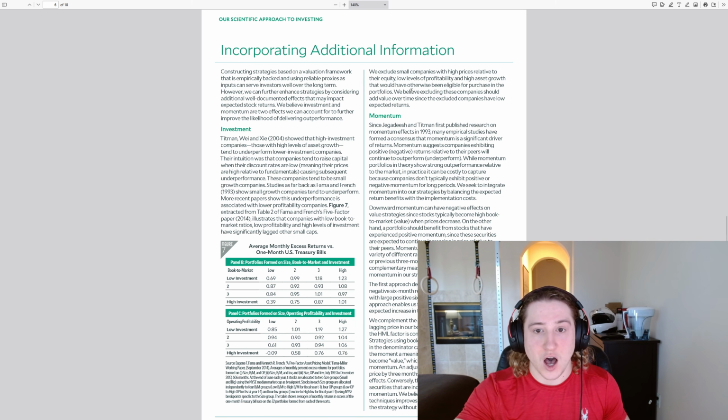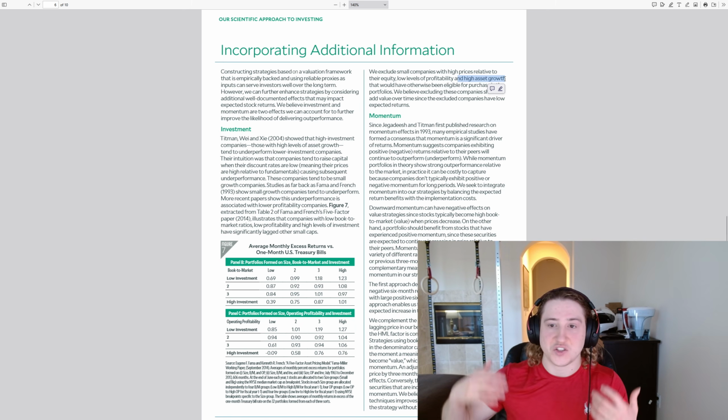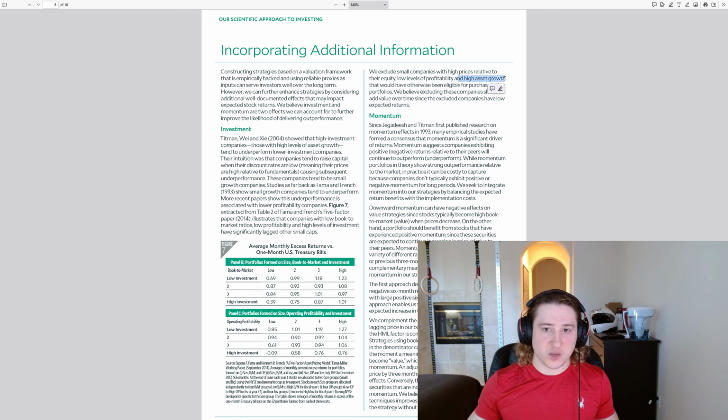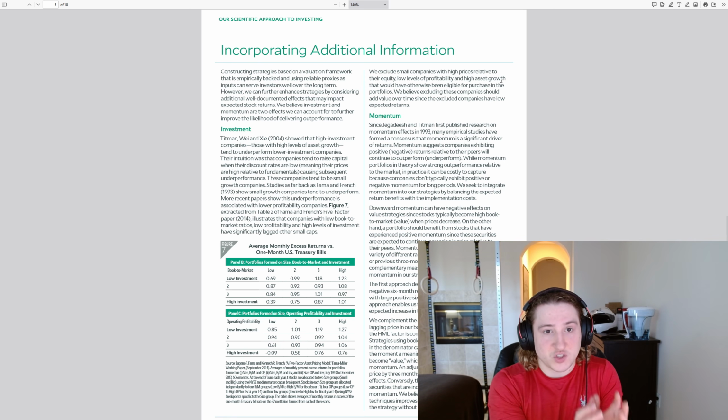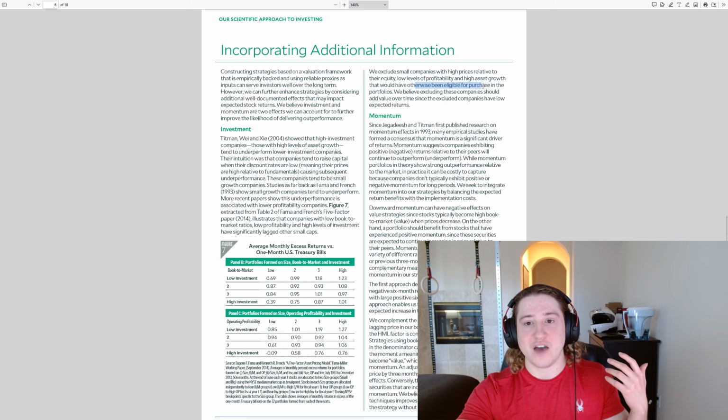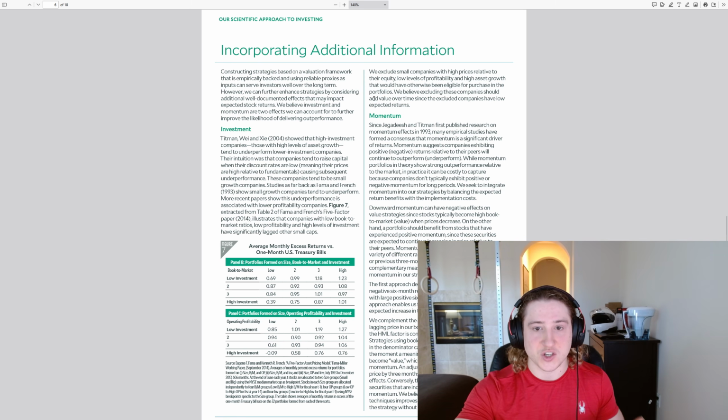Expensive companies, and low levels of profitability, which means companies with weak profitability and high asset growth. That's the aggressive investment. So essentially what this means is that small cap growth companies with weak profitability and aggressive investment, this tiny little subset of stocks that would have otherwise been eligible for purchase,